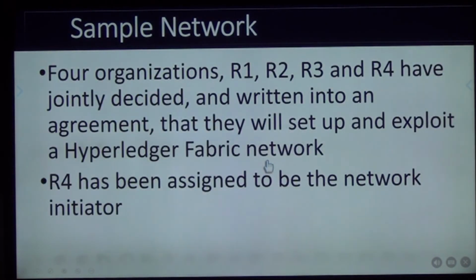The sample network has 4 organizations: R1, R2, R3, and R4. I have just replaced these R1, R2, R3, and R4 with universities and HEC just to have a better understanding. But there is a standard document for Hyperledger Fabric. This sample network is part of the standard document, version 2.0